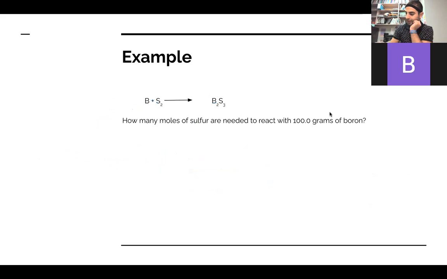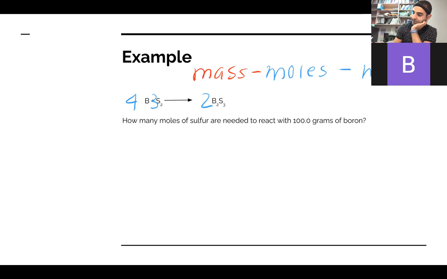All right, again, let's balance the equation. 4, 3, 2. How many moles of sulfur are needed to react with 100 grams of boron? So earlier we went from moles to moles. Now we want to add this idea of mass beforehand. Okay, so we need to go